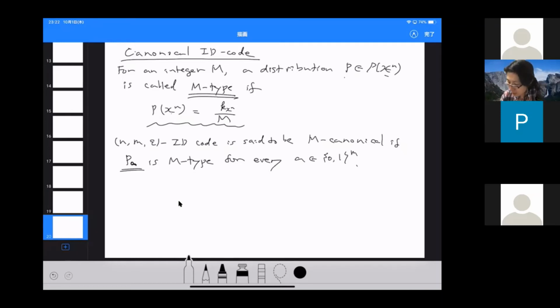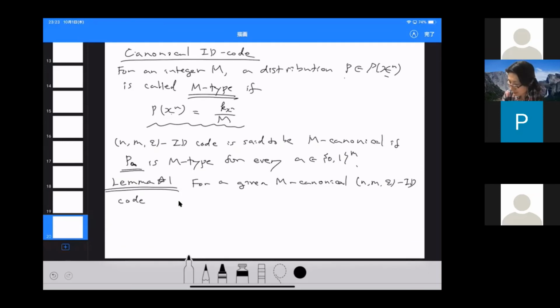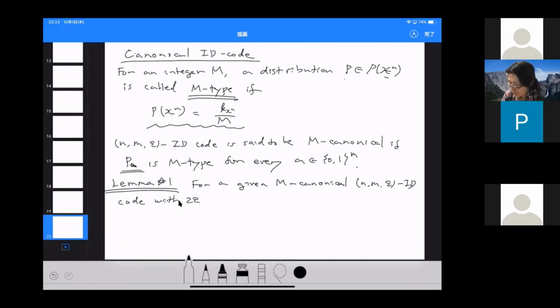And first, we saw that for m-canonical code, the message length cannot be too large. So we prove a lemma, let's say lemma star 1. For a given m-canonical (n, M, epsilon) ID code with 2 epsilon larger than 1, smaller than 1, we have